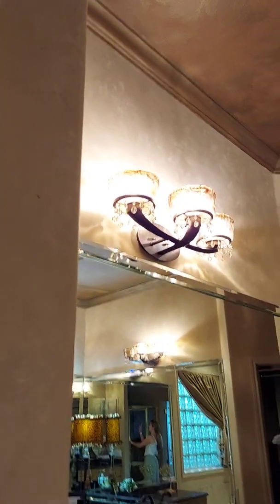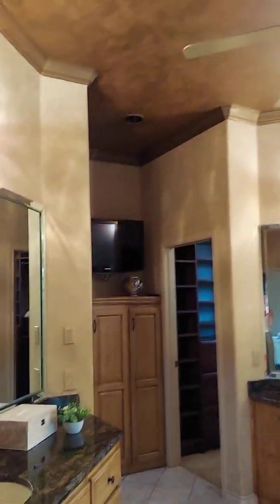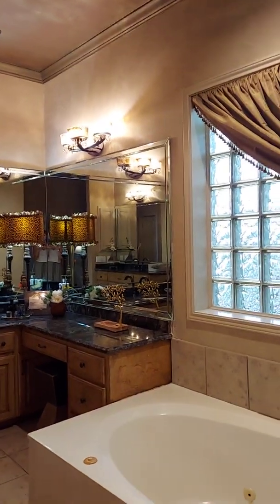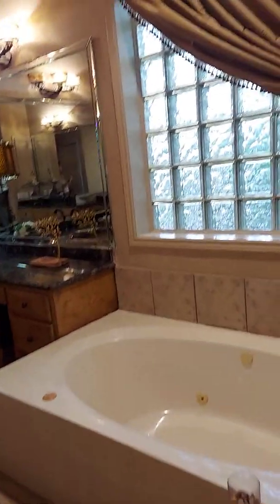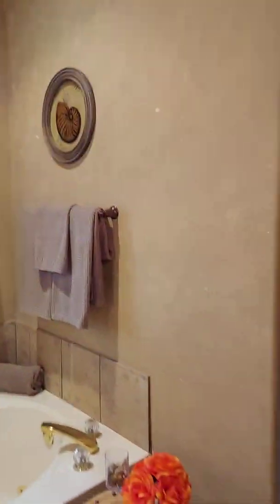Again, they've painted this ceiling with a paint treatment. It's got kind of an almost metallic sheen to it, and that would be completely paintable if you didn't care for that. It feels very warm in here. Not the temperature, but the look of the space. So if that's not your forte, then you can always change it. You've got the